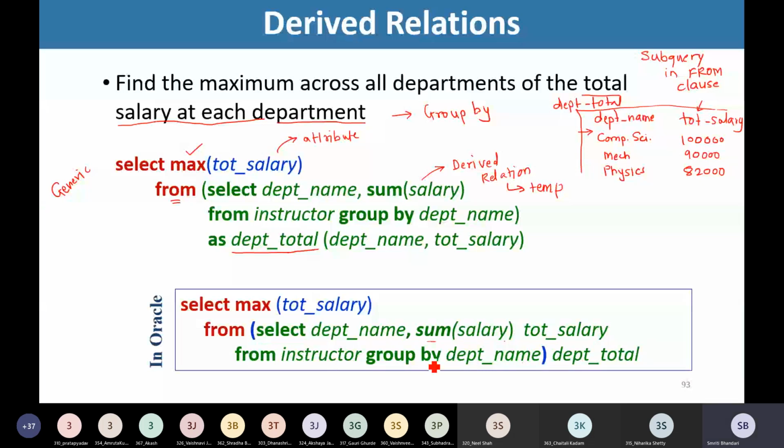For this entire derived relation we give the name department total. So department total is the name of the derived relation, and here we rename the attribute: sum of salary is renamed as total salary, right? If we execute this statement in Oracle, then we'll get the desired result.